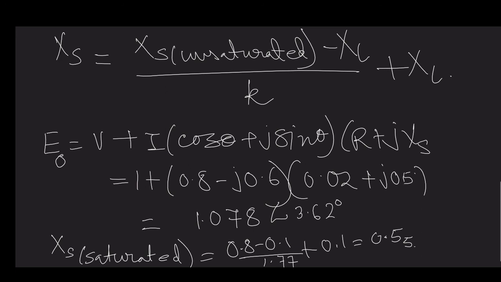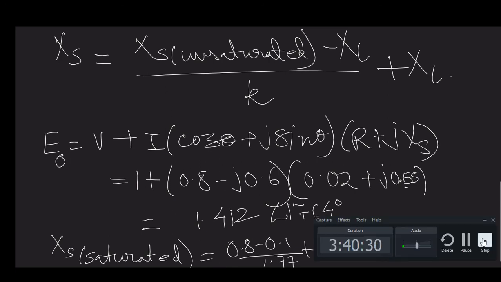Instead of 0.1, now you put 0.55 here. Doing that, you will get 1.412 at 17.64 degrees. So that's it. That is all for this lecture. Next video we will solve all the